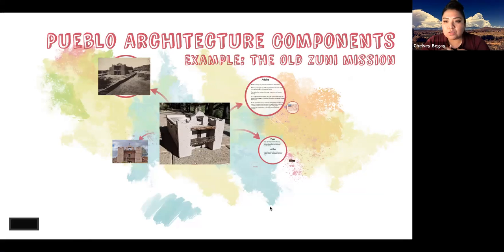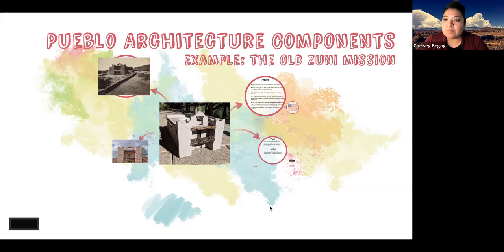What we wanted to do today, I wanted to let you in on some of the really cool projects that some of us and past students have been able to work on concerning LiDAR scanning, going out to these different Pueblos. Specifically, I'm using the example of the old Zuni Mission, which is located in Zuni Pueblo, which is one of the Pueblos here in New Mexico, in western New Mexico, close to the New Mexico-Arizona border.